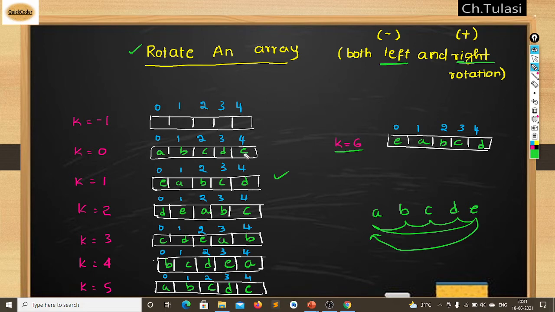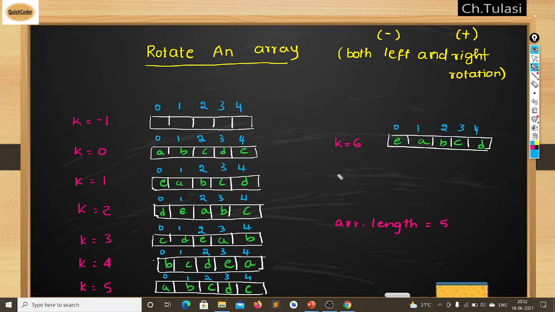Means if my array length, array dot length, is equal to 5, here my k is equal to 6, I got the same as k is equal to 1. So if my k is greater than the array length, then simply 6 modulo division 5.